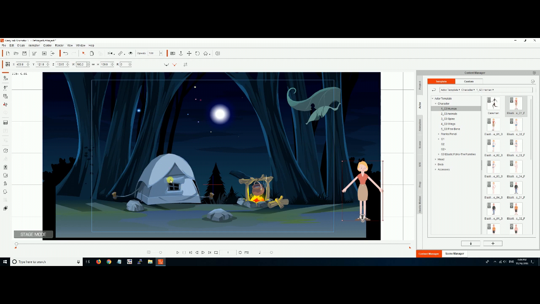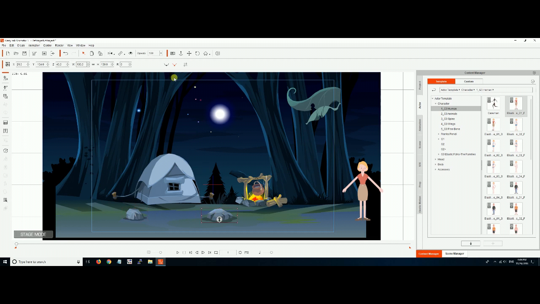2 dimensions and 3 dimensions, because all of these objects right here, like the tent, you can click. Notice that I've selected the tent. You can click the fire bowl, and then the fireplace. Sometimes it's a little hard to select things. Now if I selected this, notice I can move it around. I can delete it if I wanted to, but I'm going to leave it right here. Now we have a rock. Sometimes it's hard to select things, I've noticed. There's a rock. I can move the rock around.